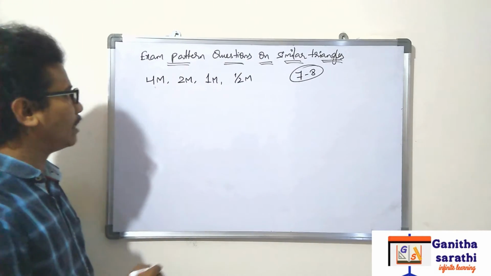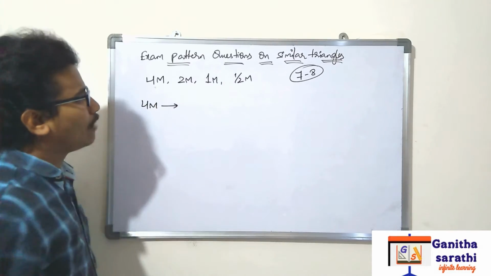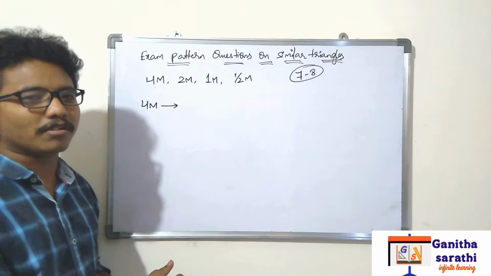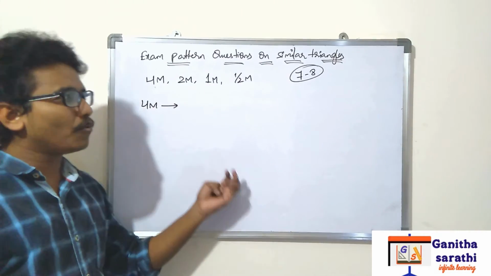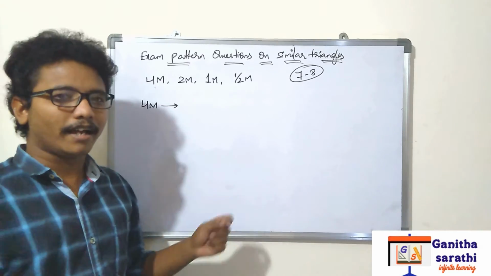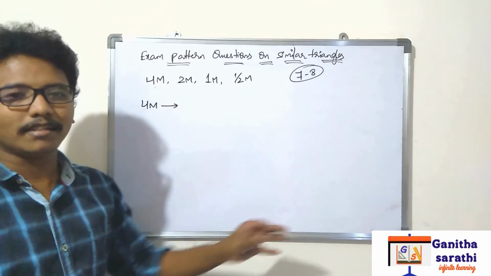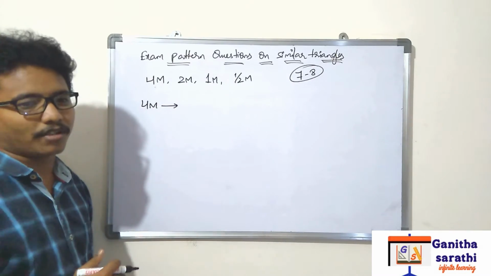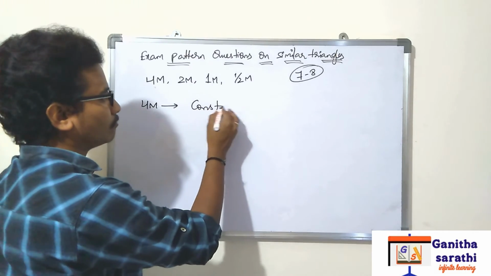Okay. Definitely you will get 4 marks questions. First of all, we will discuss 4 marks. Already in our similar triangles videos, just watch all the similar triangles videos. I will be explaining the kind of patterns also, and at the time of the model questions I have told you that these are 4 marks, these are 2 marks, these are 1 mark, like this. I will be giving the outlook. Okay. Now see here, 4 marks questions. What will be the 4 marks questions now? Definitely construction.